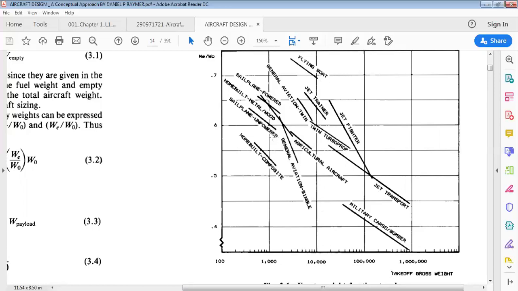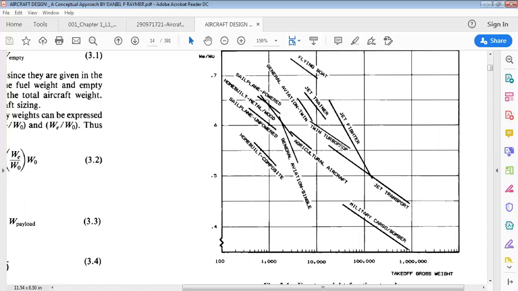So for example, if your aircraft design is about building a home-built composite, at that time the empty weight will be not more than 2000 lbs. You can see that 2000. Understood? The total design gross weight will be less than that in lbs. Correct. So according to that, we are going to select the empty weight fractions. It will always be taken from this graph. So whenever you are going to design, please keep this graph with you whenever you are going to find the empty weight fraction. You can see that WE by W naught will be taken from this graph.